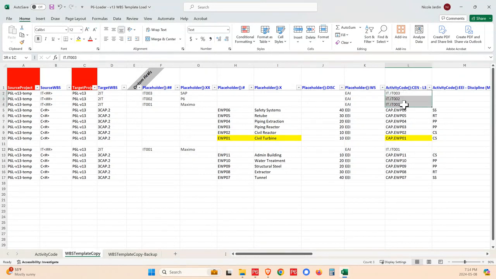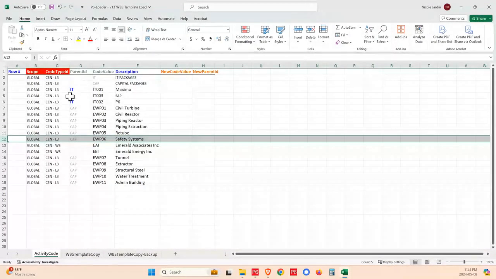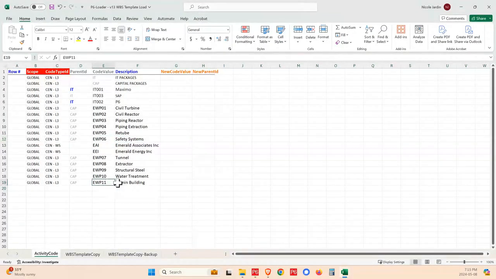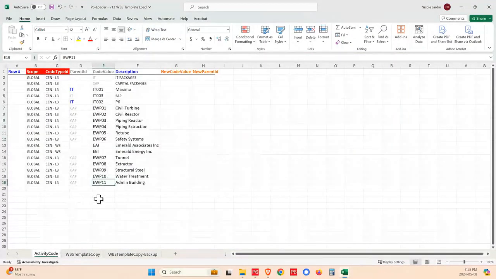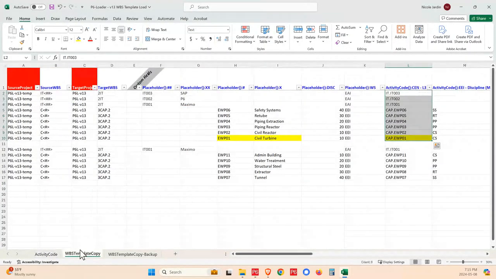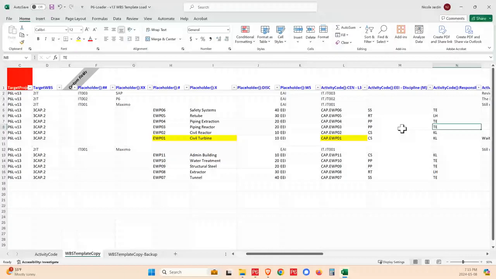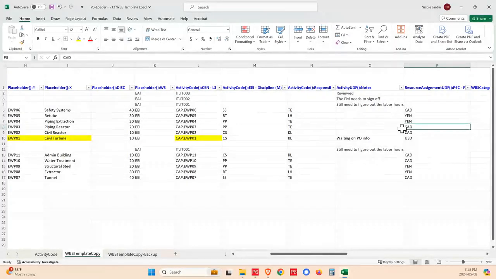Now I can create the activity codes for the dictionary at the same time, and that's what this tab is. So this tab is going to allow me to create the list of activity codes. Now, if you're good at Excel, you can easily look those up from this sheet to get them into this sheet automatically. Okay, again, saving a lot of legwork that you would do normally inside of P6. Okay, so here's some other examples of items that we can create, we can load with the template. So these are different codes. Okay, so the key is just following the naming convention that you have in the template loader,